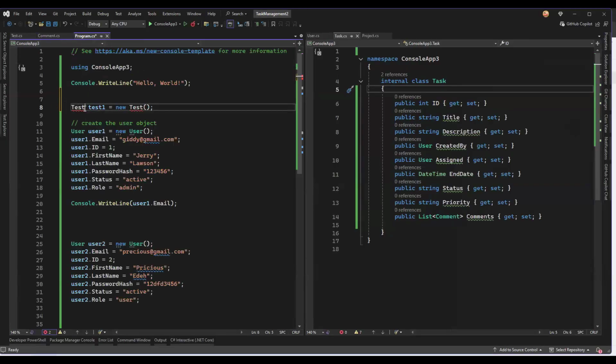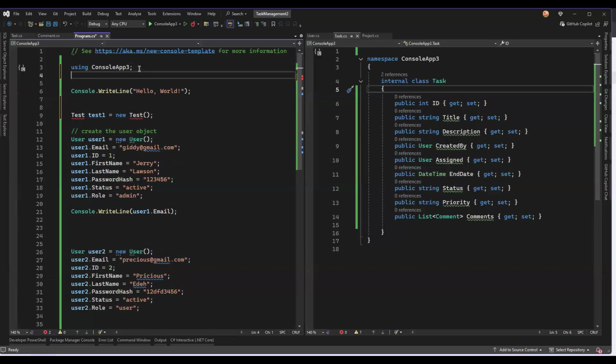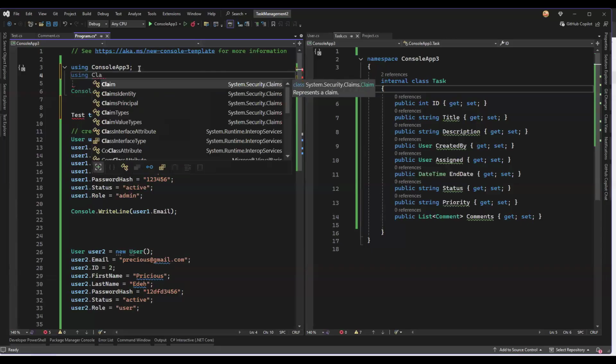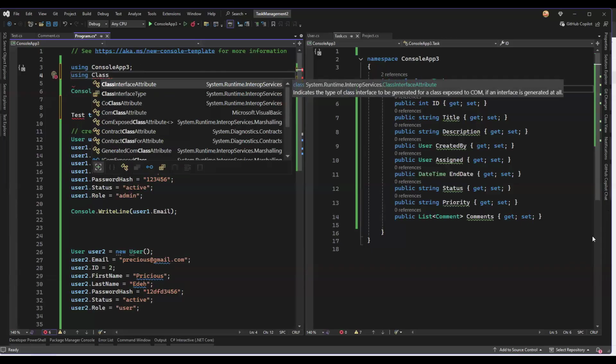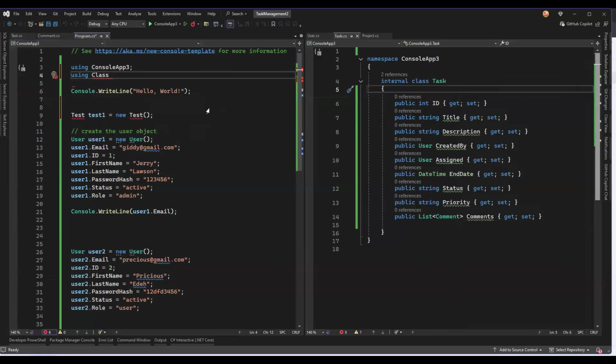So I have test, which is a custom class we have defined, but it's flagging because it's saying the type or namespace name test could not be found. Are you missing a using directive or an assembly reference? So that's telling us that we have not imported it in our program.cs. And how do we import that? Using class, what's the name we gave? That class library 1. Class library 1. So by doing that,